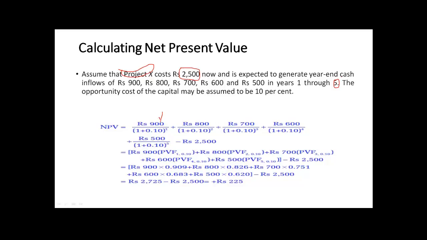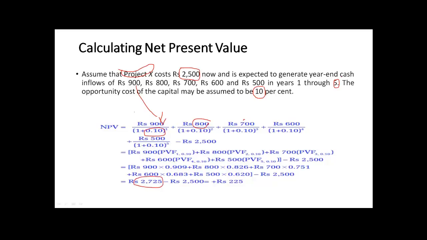See, this is my first year amount. So the first year amount was 900, so it's coming from this part, 900. The rate of interest they have applied is 10%. So I'm using that 10% rate of interest in place of K. This is your rate of interest. This is for the first year, so you have used the power 1. Then the next year cash flow, then the third year cash flow, and so on. After solving this,